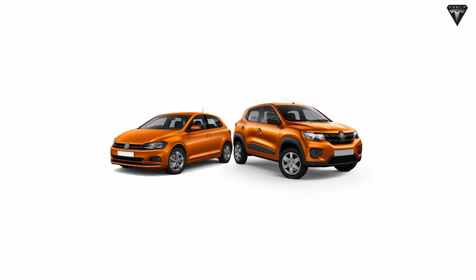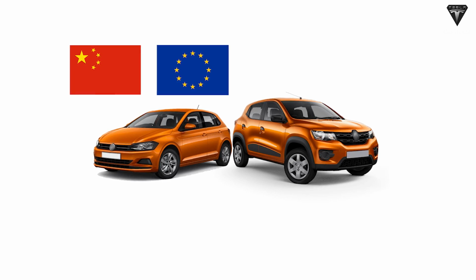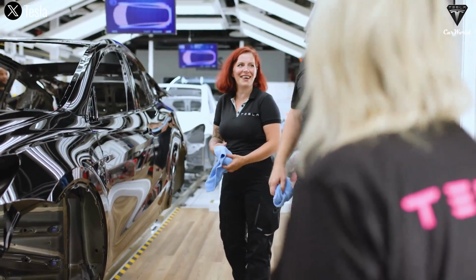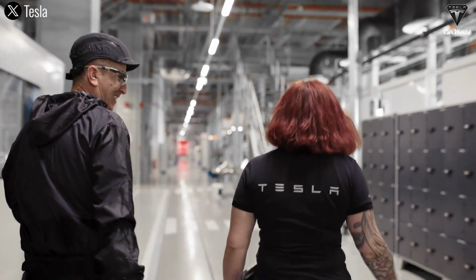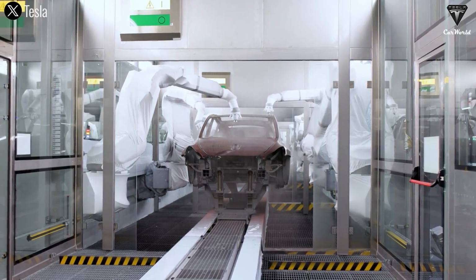This could help the Model 2 stand out more. Clearly, hatchbacks are more popular in China and Europe, while crossovers are a crowd pleaser in the US. So for a car that's minimalist and easy to produce, why not make it more distinctive? Our prediction is that the starting price will be $25,000 for the standard hatchback version and $35,000 for the high-performance